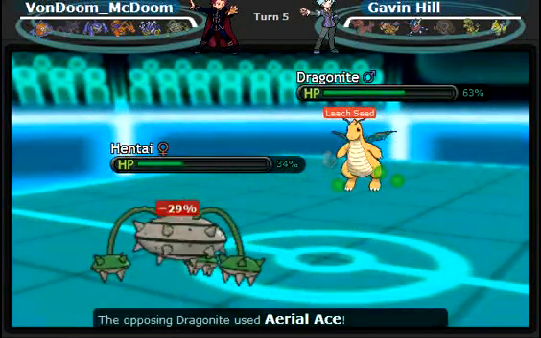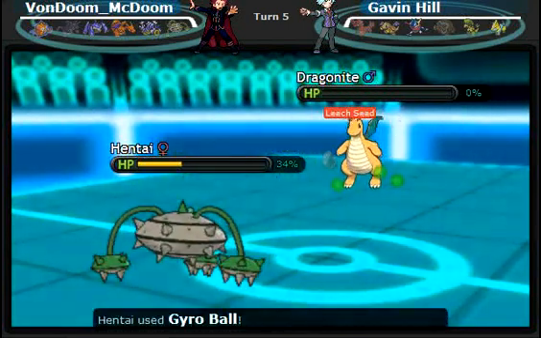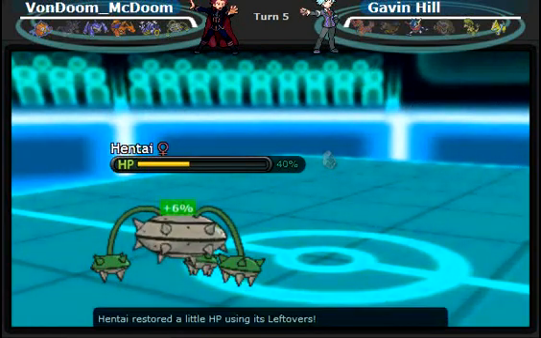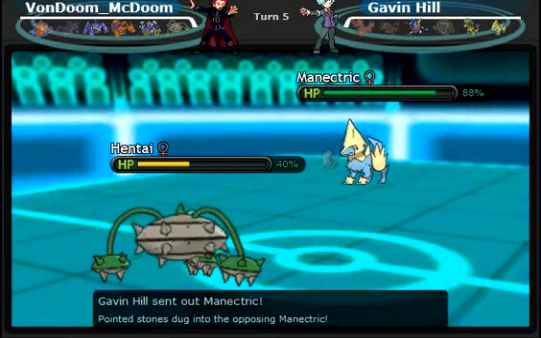So, anyway, let's see what ends up happening next. He is going to go for an Aerial Ace, which is a move that Dragonite can learn, apparently. Regardless, it is not going to do that much despite being neutral. I'm just going to go for a Gyro Ball, and that will take out the Dragonite, so that worked out for me a bit. So, yeah. Anyway, I just munch on my leftovers,